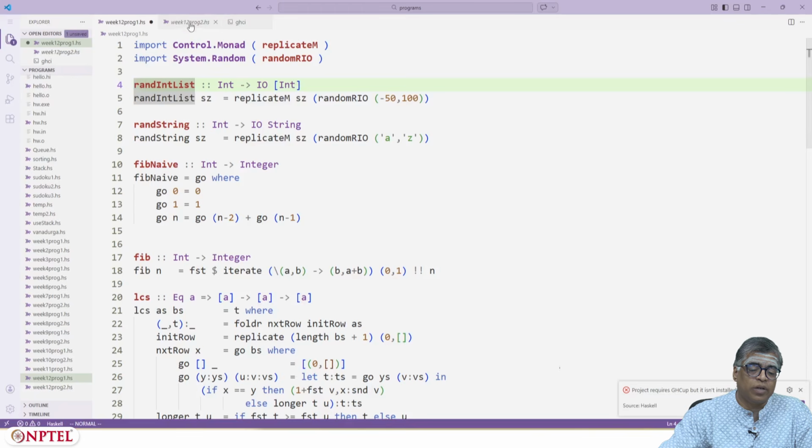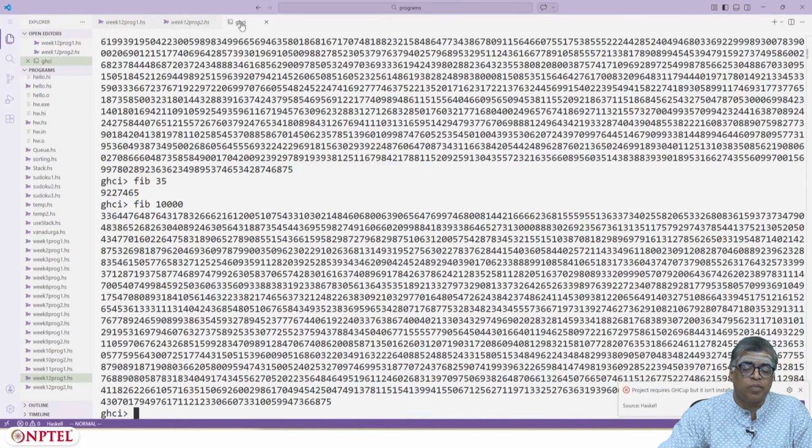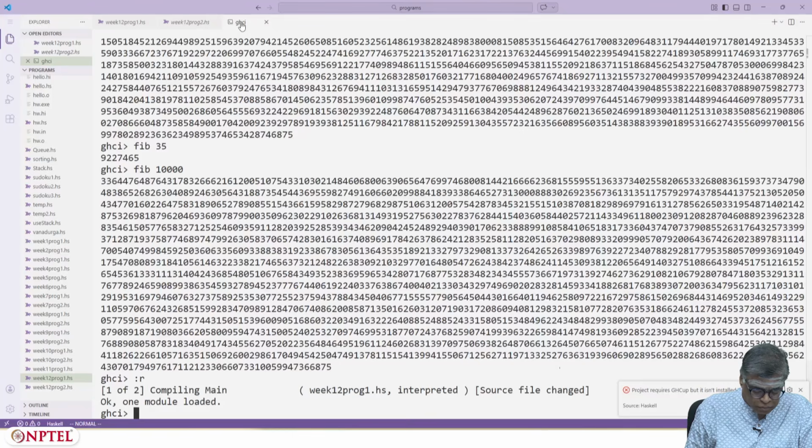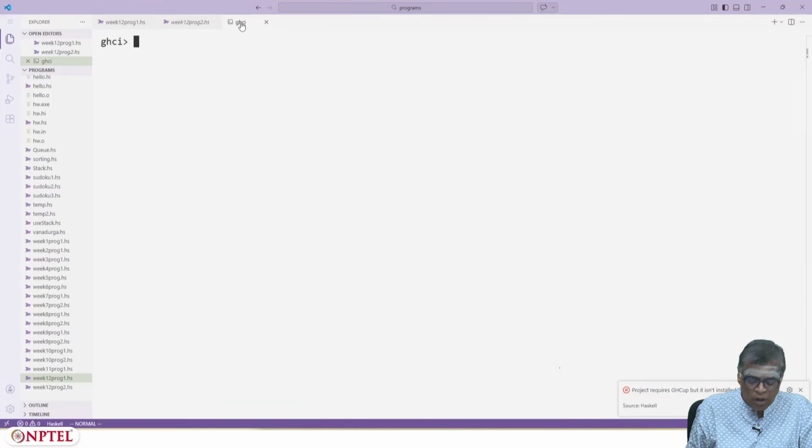Okay, I have now copied this. Let me save this. Let's get back to GHCA. Let's reload this function, this program. Now I have LCS naive, but before that, let's generate a random string.